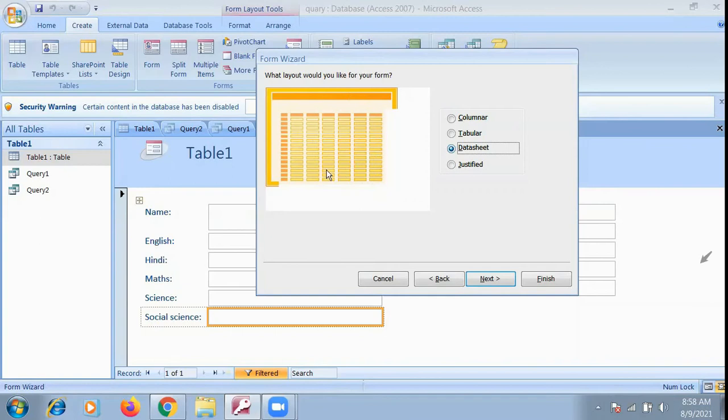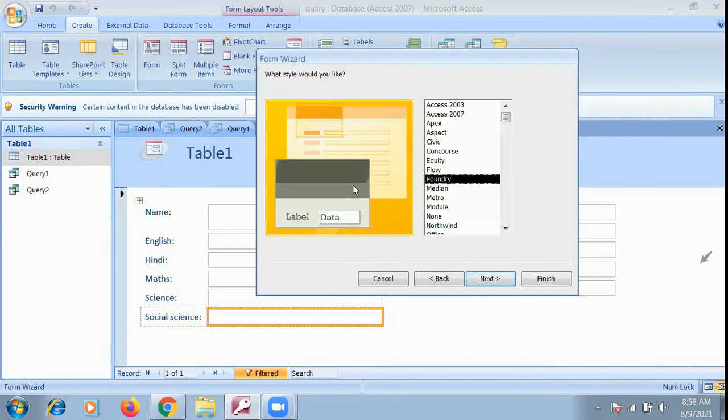The yellow one you can see is the data values, and the red one you can see is the field headings. And justified, you can see, according to the system it will justify and show like this. Which one? Tabular is okay. Let's see. Tabular. Okay. Click on next.